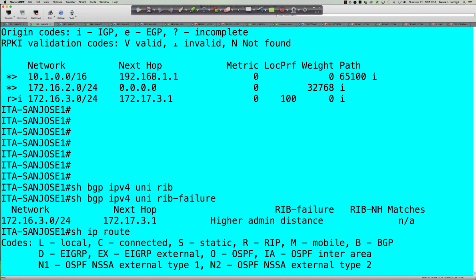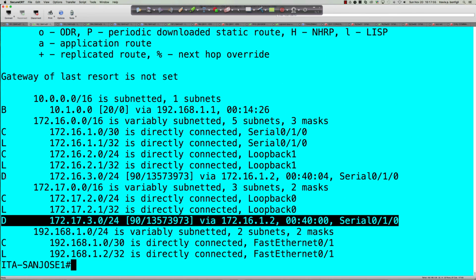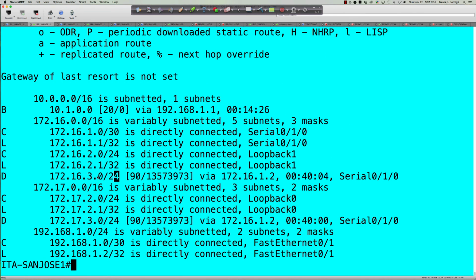172.16.3. So the 172.16.3, as you can see here, is not being installed into the BGP rib, and it told us because of a higher administrative distance. So it was learned from an iBGP peer. What is the administrative distance? Exactly. iBGP learned NLRI are going to have an administrative distance of 200,